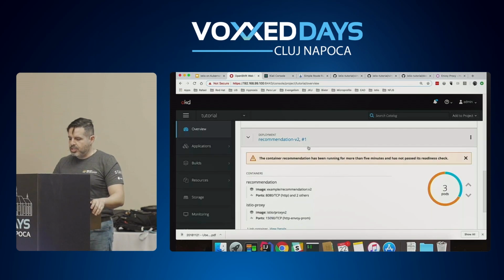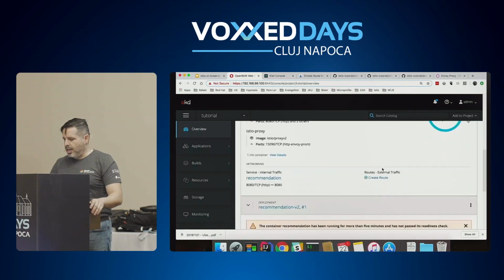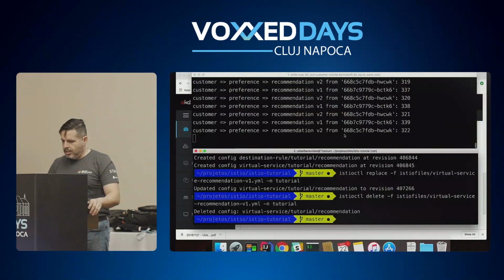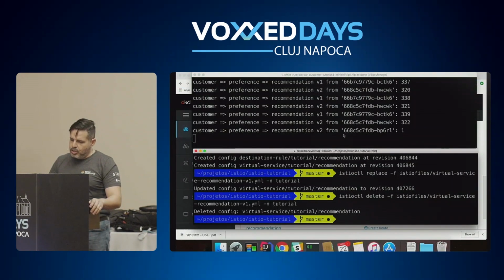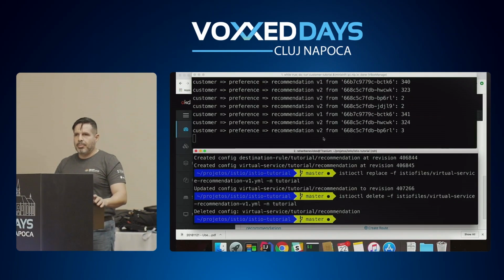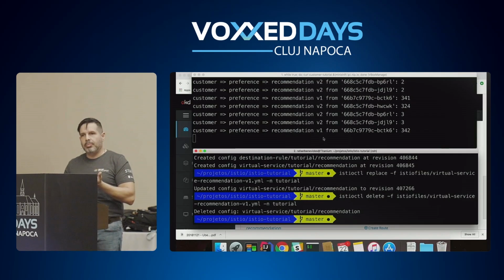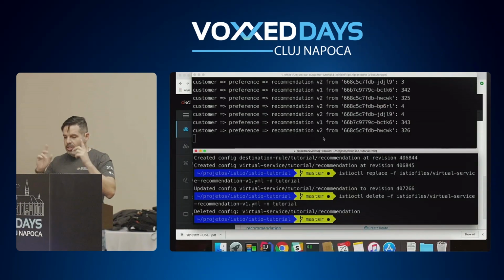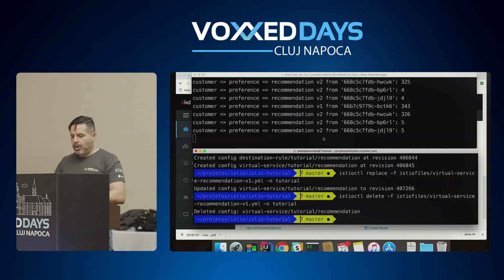So now V2 has 3 replicas, and V1 has 1 replica. So once it starts, you will see 3 requests going to V2, and 1 request going to V1. That's how Kubernetes works. But that's not what I want to do. I don't want to control the number of replicas. I just want to have 1 replica and 1 replica,